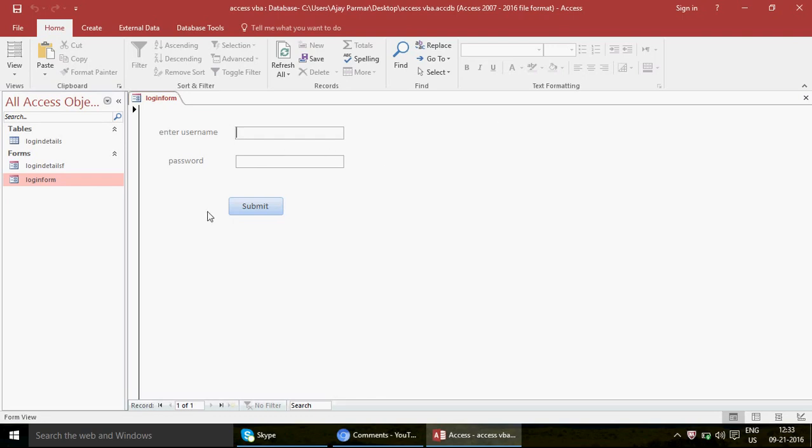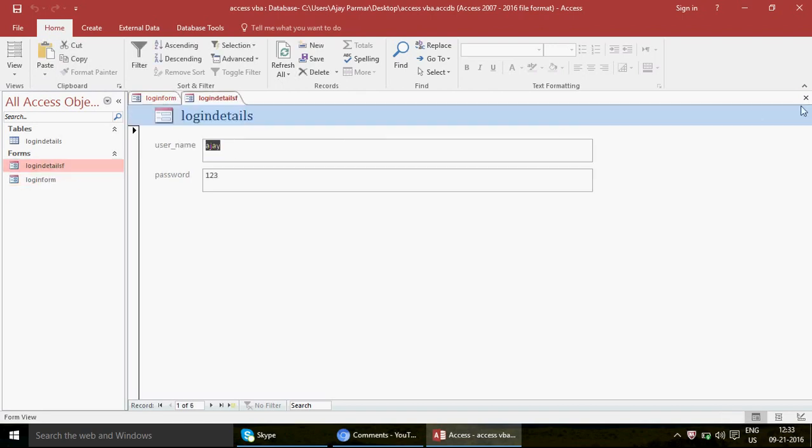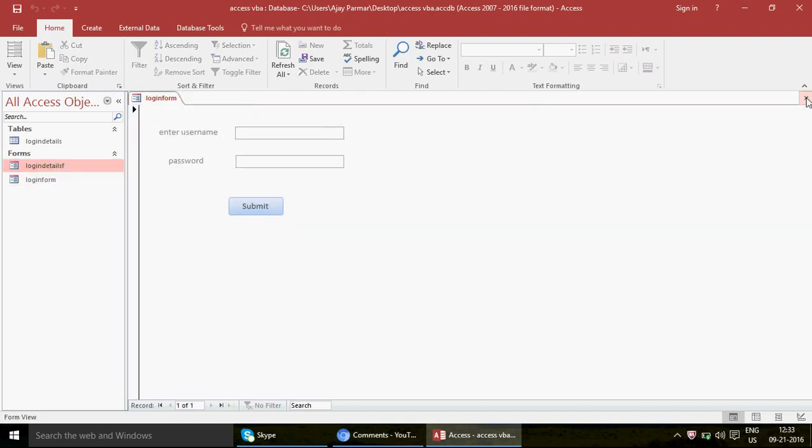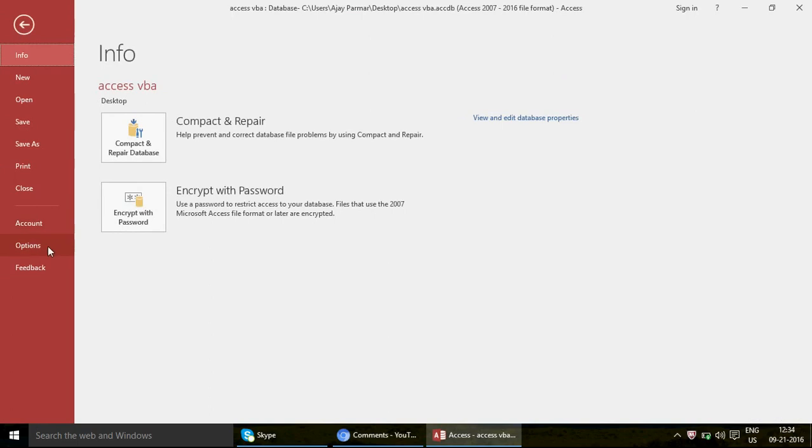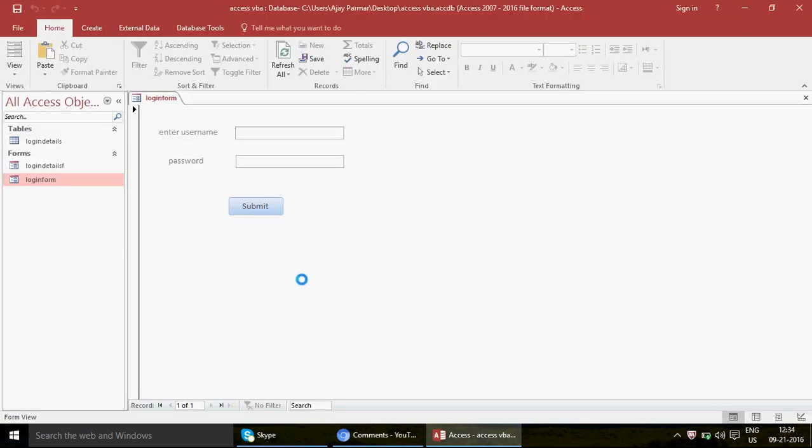Because if you're going to show the database like this, then he can access any form. Then what is the use of verifying the details, isn't it? Right? So what we are actually going to do is use the login form in the background of this table. Okay, so I go to the file, you go to the options,